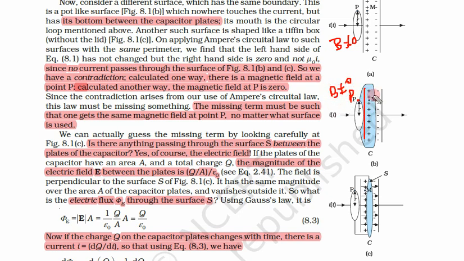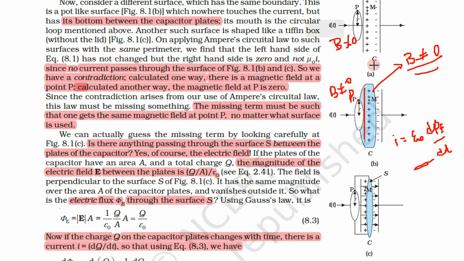But important thing is that previously inside there was no current. So if we put any surface inside, there was no magnetic field. But what was the result of Maxwell's experiment? Maxwell's result was inside the magnetic field was not zero. Now using this new term, I is equal to epsilon naught d phi e by dt, what we are getting? We are getting inside also there is a magnetic field which is equal to the outside